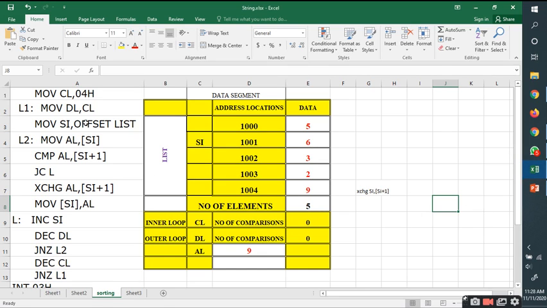Then the rest of the code we are writing here. Just check, this is the data segment we are defining: 1000, 1001, 1002, 1003, 1004. In these address locations we are defining the data. In 1000 location 5, 1001 6,